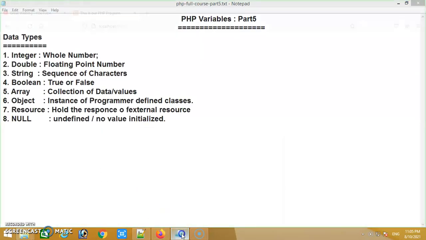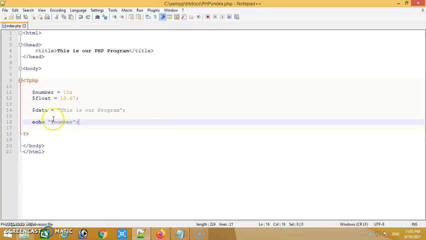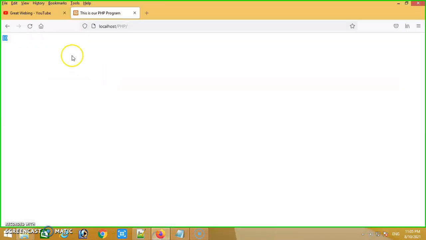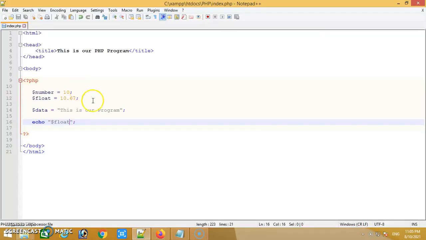Now I'll change it to float and save it. I'll go into the browser and see, this is the number I assigned to the float variable.